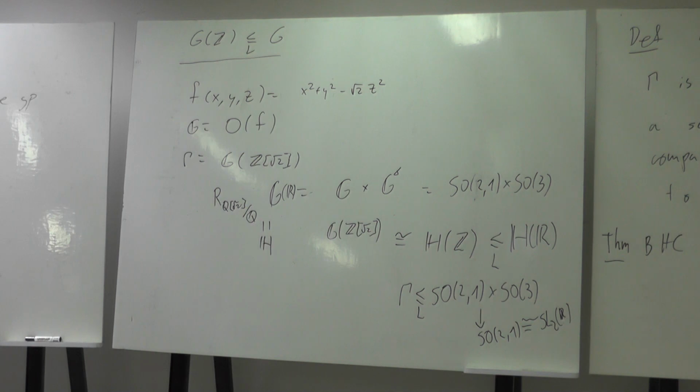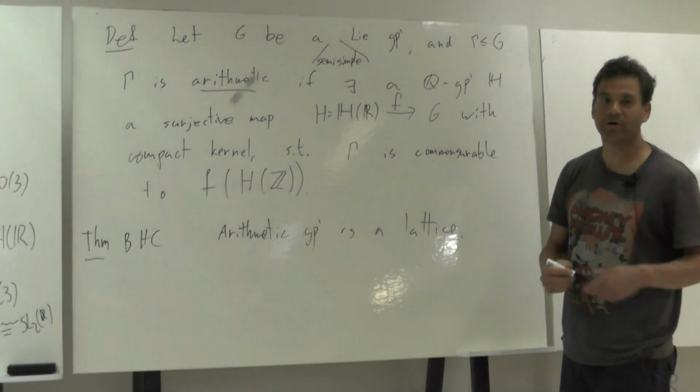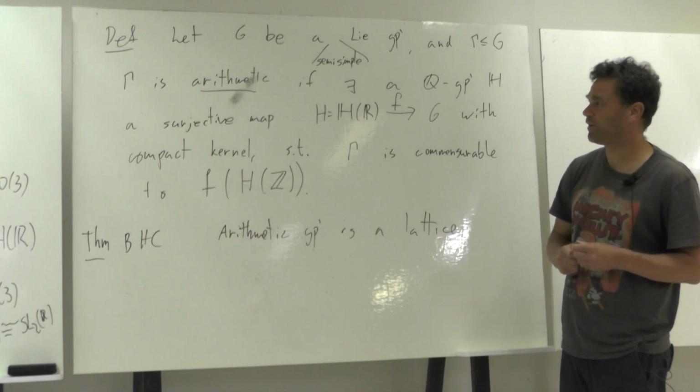And what I would like to explain is, this is one of the highlights of this theory, but the converse is also true, not always, but in quite big generality. So this is Margulis. Margulis' theorem says that in many cases also the opposite is true, that every lattice is arithmetic. So hopefully this is what I will reach at the end of this talk.